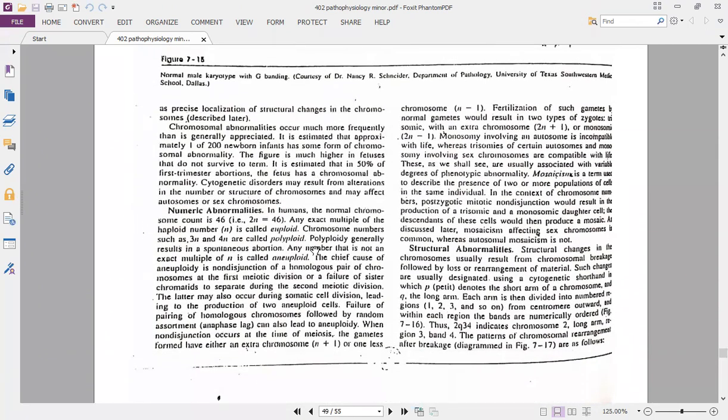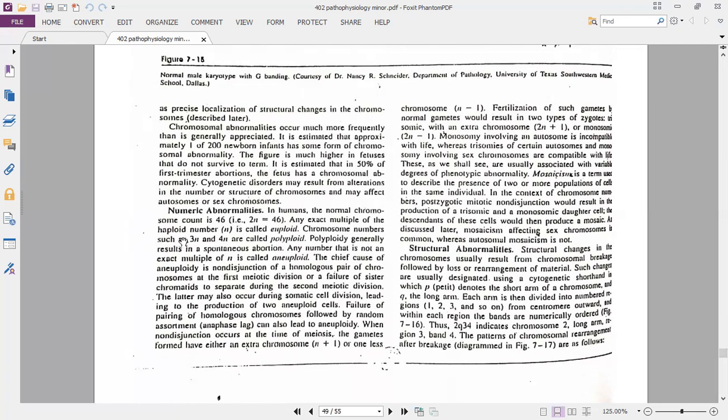Because we are done with the genetic abnormalities, we are starting with the chromosomal abnormalities. Now, when we're discussing chromosomal abnormalities, this is because of a numeric abnormality. Numeric abnormality means we know we humans are all 46. They are 2n, diploid condition. 46 means you have 23 pairs, which means a total of 46 chromosomes.